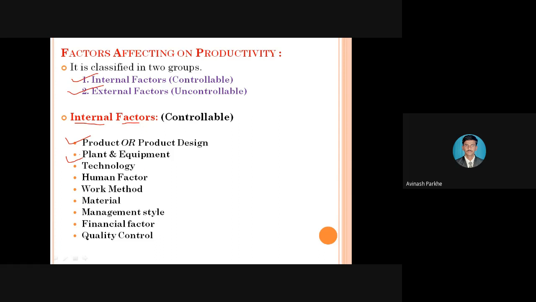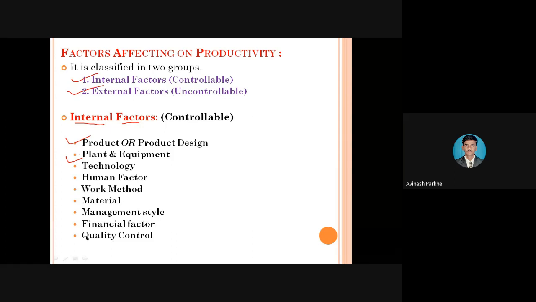Sometimes what happens, some of the operations or some of the products are coming back again and again. That means a repetitive movement is taking place. That means from workstation 1 to workstation 2, from 2 to 3, and again from 3 it is coming back to workstation number 1. Why are such repetitive movements taking place? Because your plant is not properly designed.